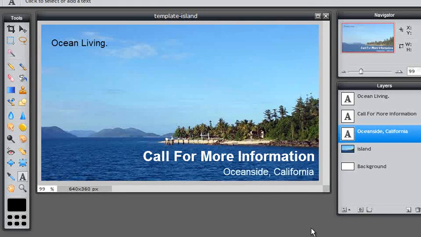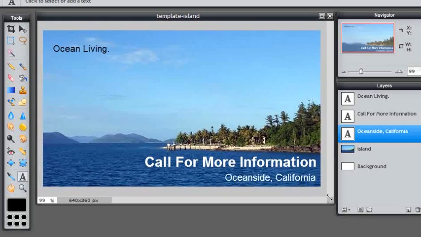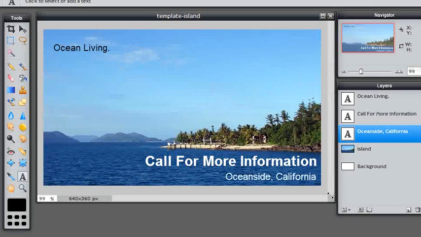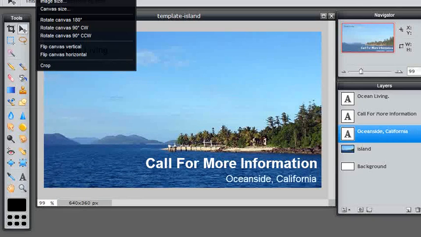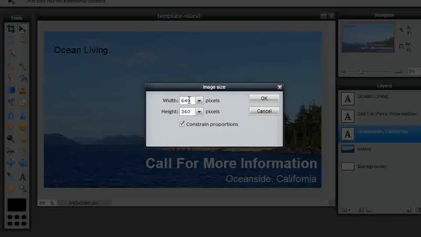Okay. And so another thing, when I say a YouTube friendly aspect ratio, what they're talking about is basically the width and the height. You notice how this width and this height looks about the same as a YouTube video that you would see on youtube.com. Well, that's because it is the same. If I click image size, this is a 640 by 360 pixel image, which is exactly the size